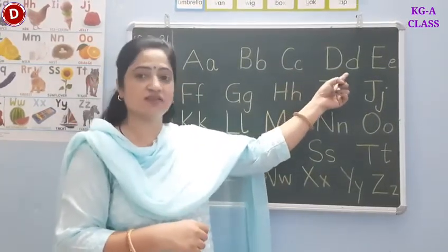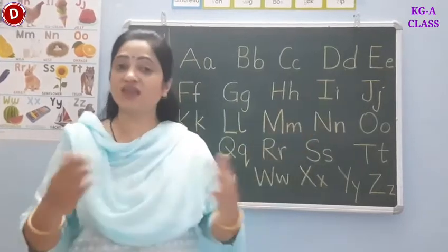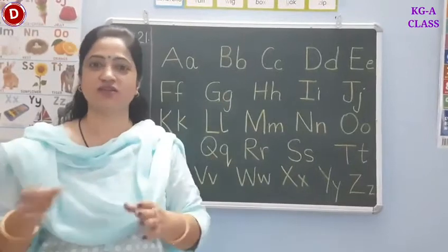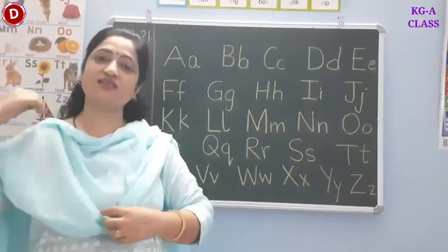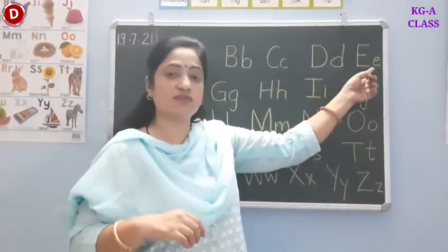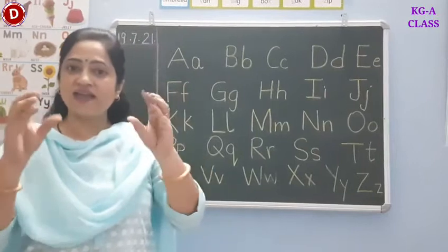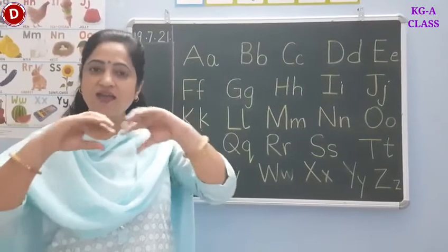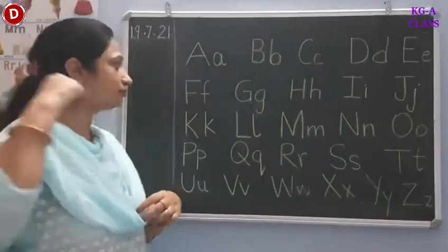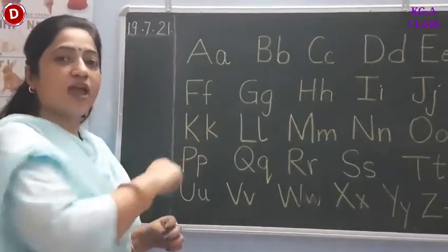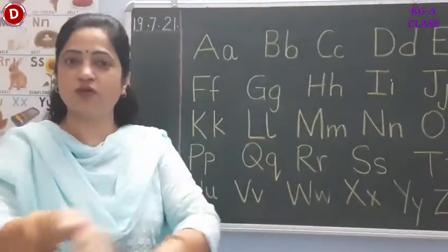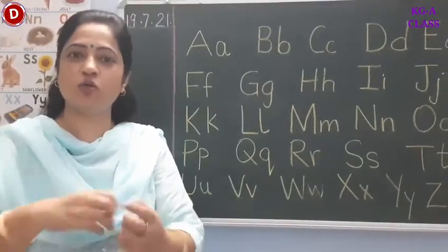This is capital D and this is small d. D says d. See me play on my drum. Playing drum is a lot of fun with the da. D says d. Now comes E. E says eh. This is capital E and this is small e. E says eh. Eggs in the pan, cracks the eggs like this. Now you all remember this song, isn't it? Now comes F. F says, my friend and I went to the beach with my floating fish. It got a hole and air came out.